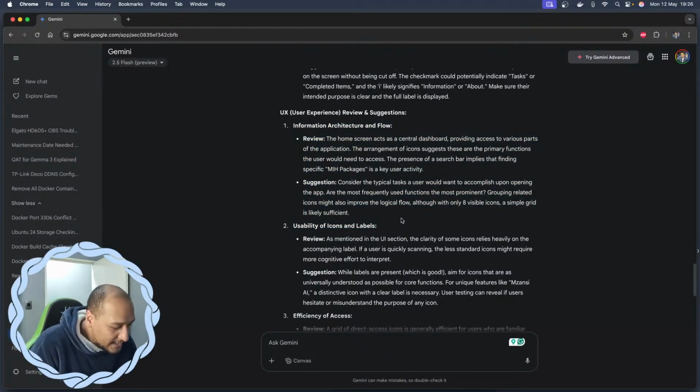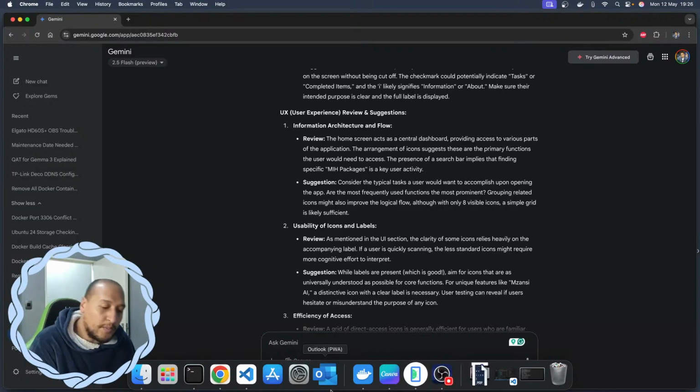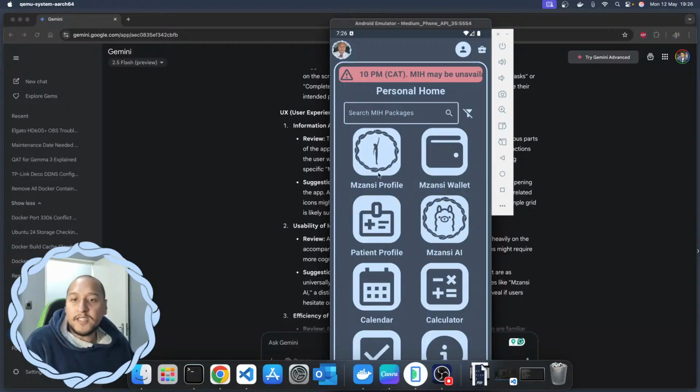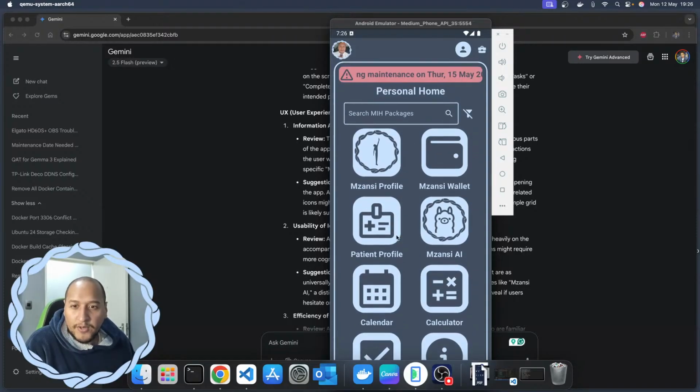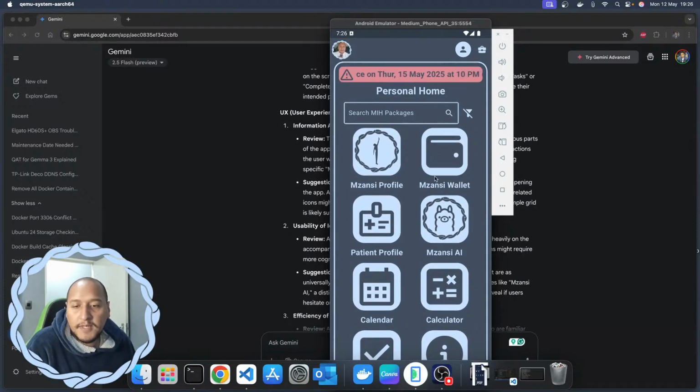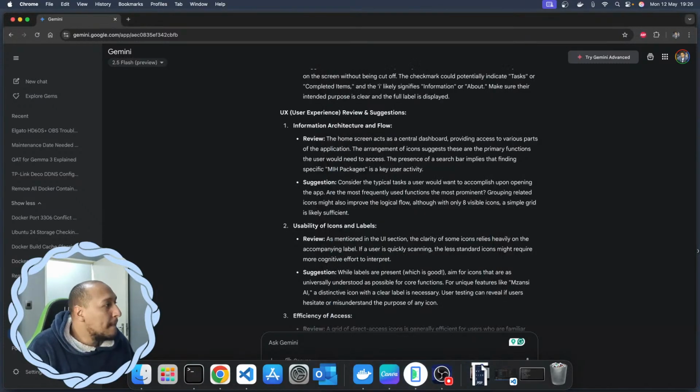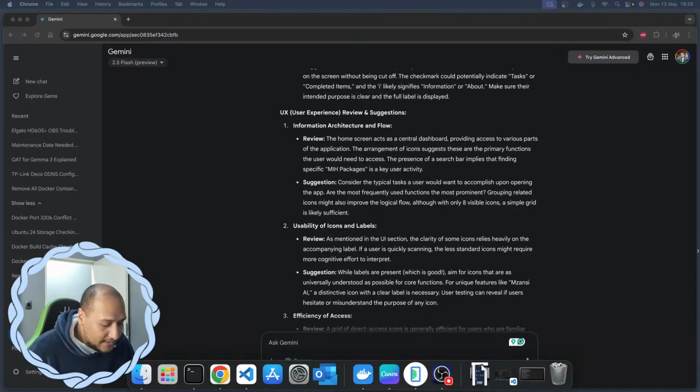So this one is about, if we open up MIH, are the packages that are available for us and the ones that are frequently used the most at the top, are they easily accessible? You don't have to scroll down to get to the Mzansi wallet, for example. So let me know which one of the packages are your favorite packages. Is it the Mzansi wallet? Is it the patient profile? Let me know which one it is. So the question is, is it easily accessible at the top, right? The next one is